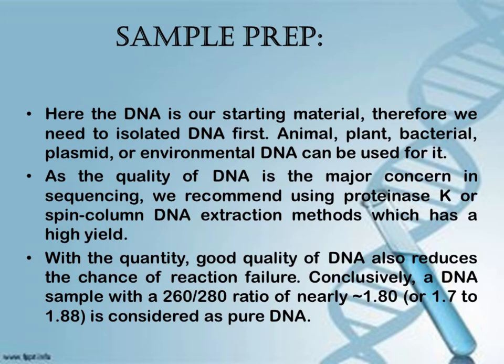So what is the spin column DNA extraction? Basically, it is a solid phase extraction method to quickly purify nucleic acid. This method relies on the fact that nucleic acid will bind to the solid phase of silica under certain conditions. There are different procedures. We will discuss the main procedure which we use in spin column extraction of DNA. The stages of the method are lyse, bind, wash and elute. These four stages are used in spin column extraction of DNA.